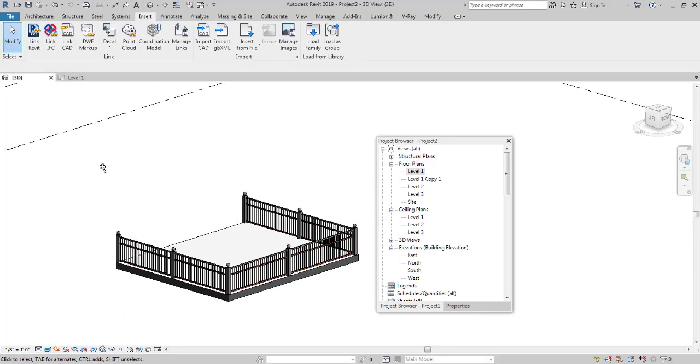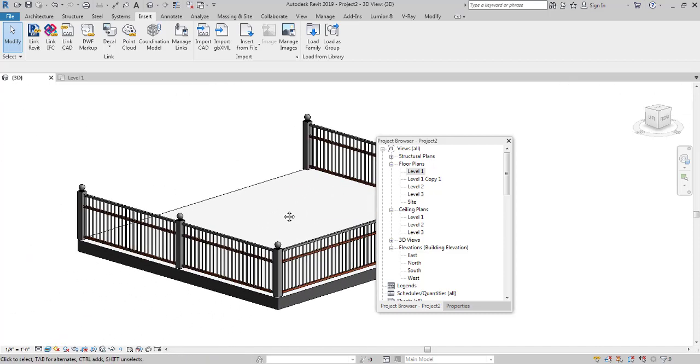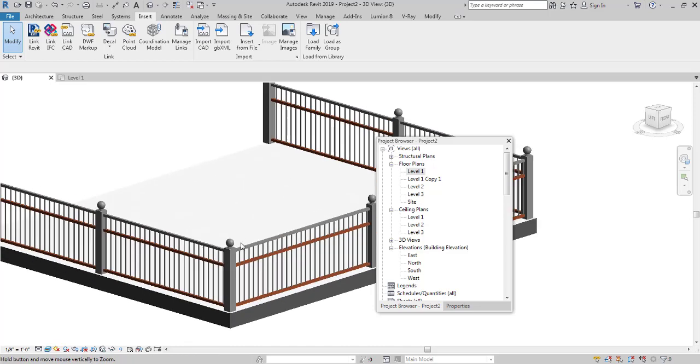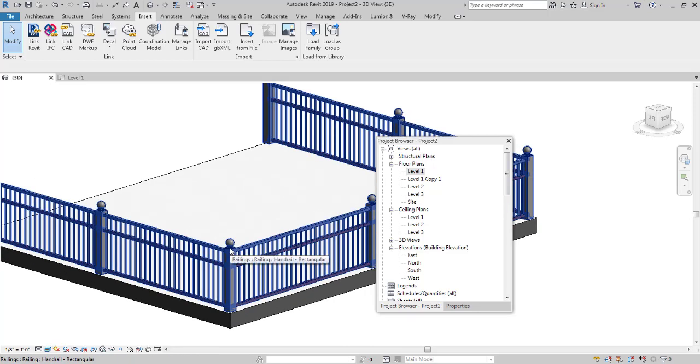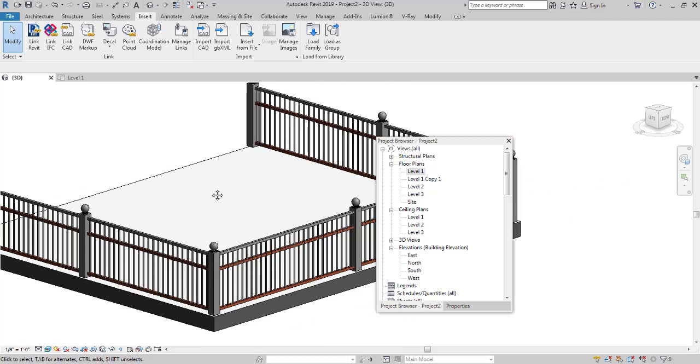So that is how you guys can modify railings. You guys can change the properties of railings. And in the next part of this video, I would like to go over how we can add materials to the balusters, how we can add materials to the railings, and also I would like to show you guys a very neat and handy shortcut that I use often in projects that I do.